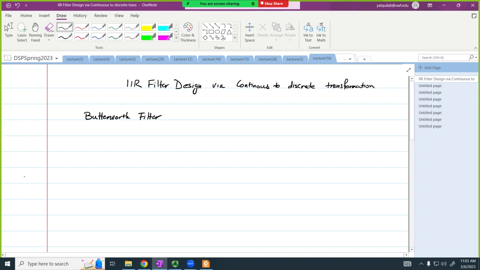The nth order low-pass Butterworth filter with cutoff frequency omega cutoff has a frequency response that is given by